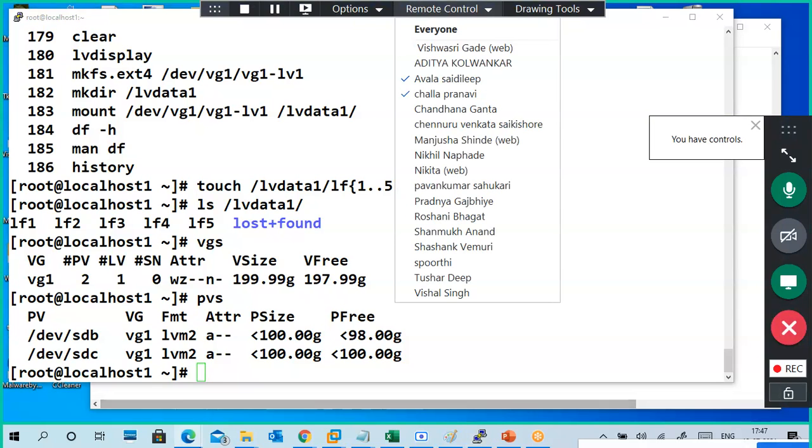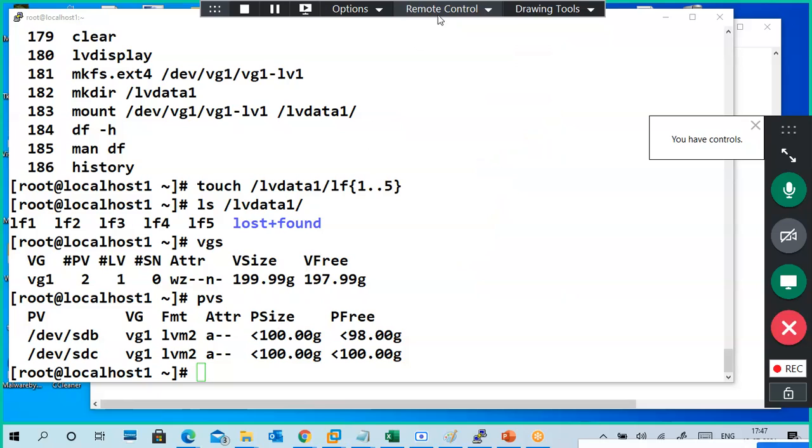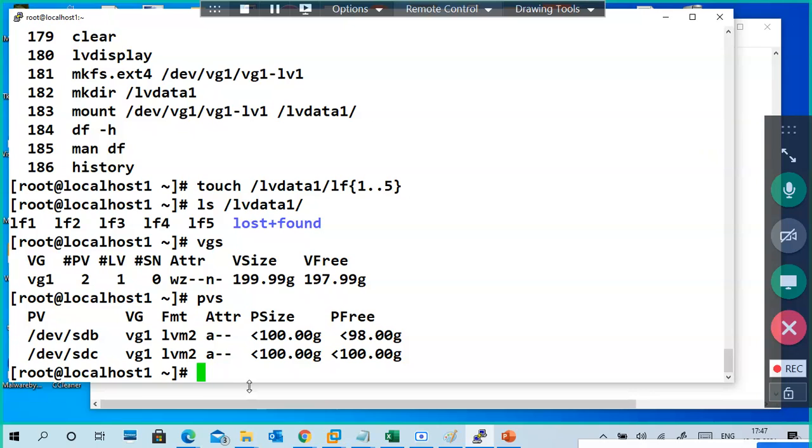Try again now. Yes, now it is coming. Try pvcreate. I have one more disk now. So first we are adding the disk into our volume group, then we are also going to create a logical volume.